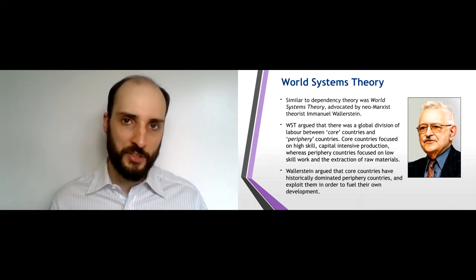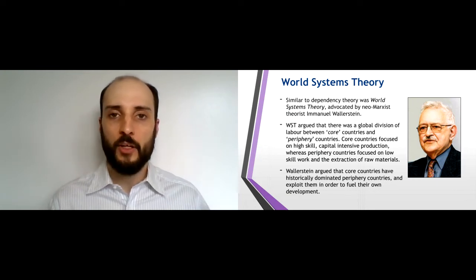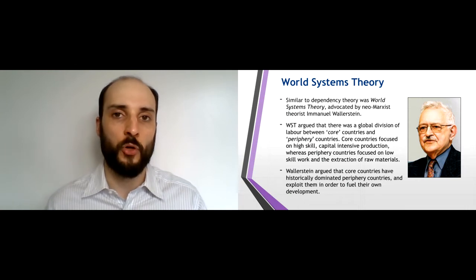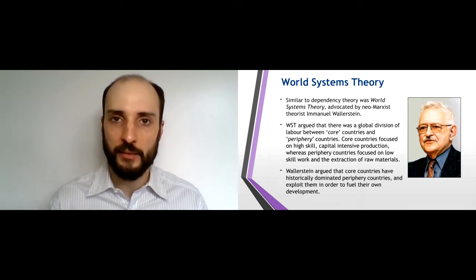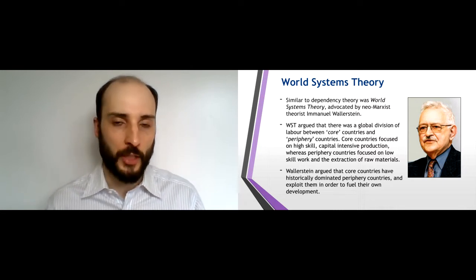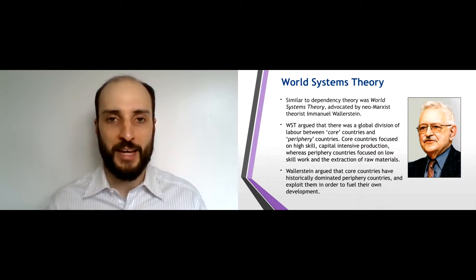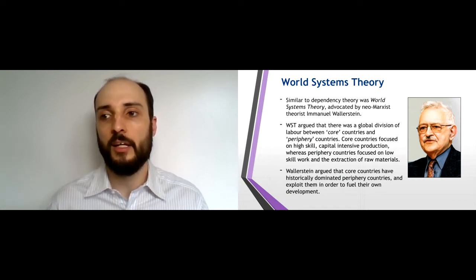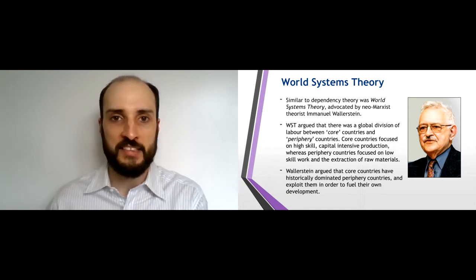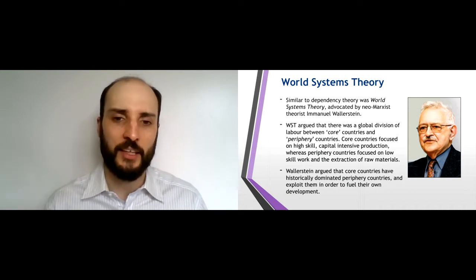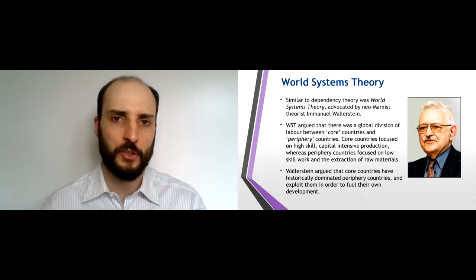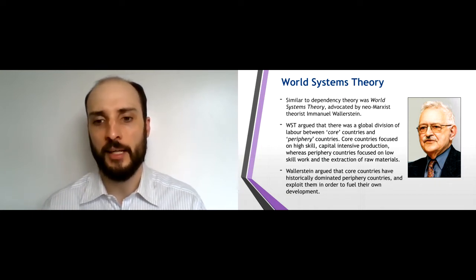The basic argument of world systems theory was that core countries were able to dominate peripheral countries in the world system. That the success of core countries depended upon the exploitation of peripheral countries, that the world system had been set up through processes of, say, colonization, where these peripheral countries existed as satellites just to benefit the countries in the core. So very similar to dependency theory, you have this idea of global exploitation,